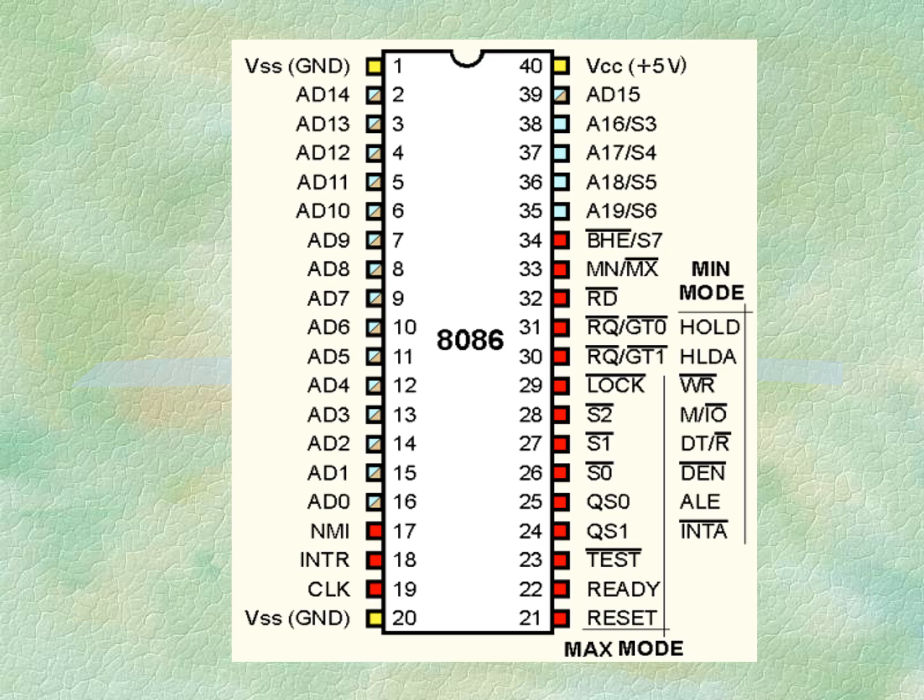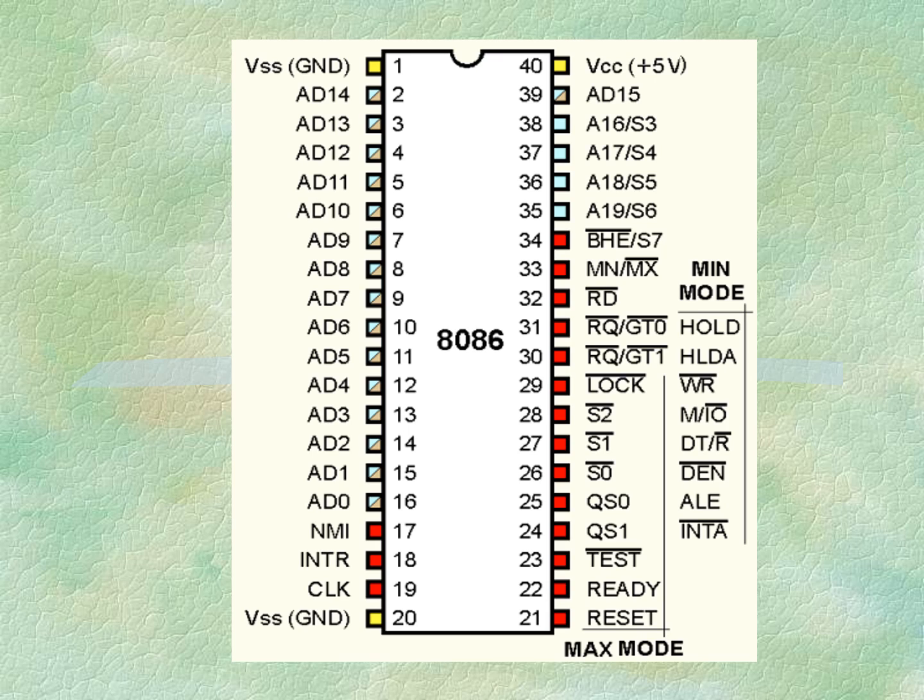Again, just by seeing the diagram, you can see that 8086 can be operated in two modes, minimum mode and maximum mode. In minimum mode, only one 8086 will be present and it will take care of the entire activities. When you consider the maximum mode, more than one 8086 will be in the scenario.